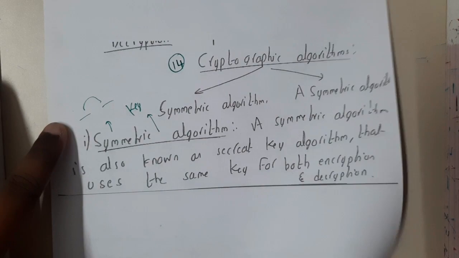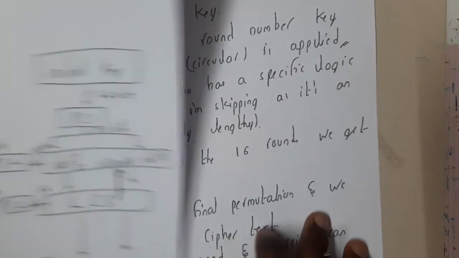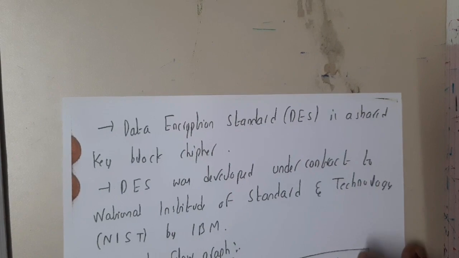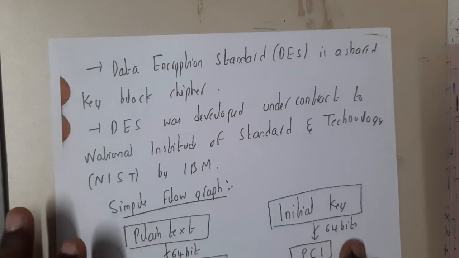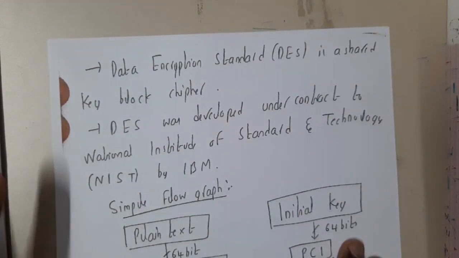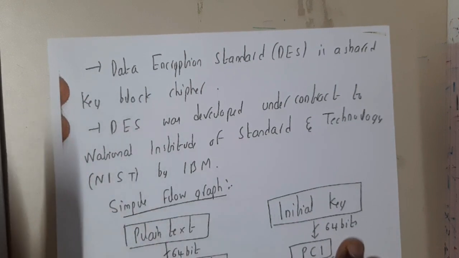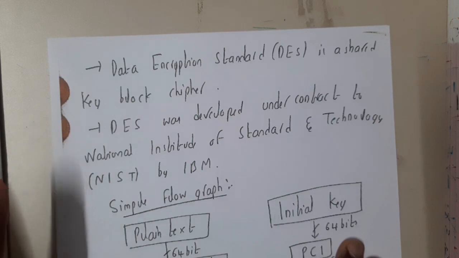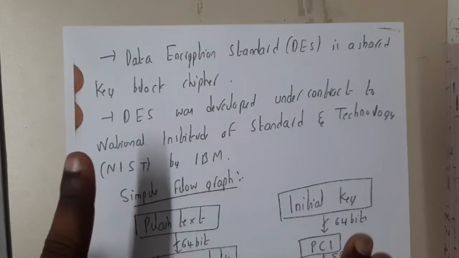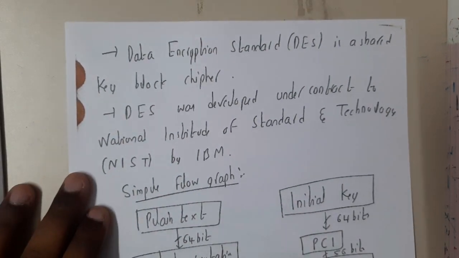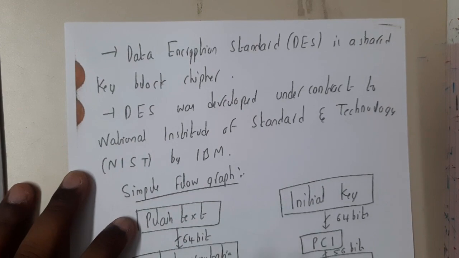So let us go through one popular algorithm in this lecture, guys. That is nothing but DES, the Data Encryption Standard. There are multiple algorithms, but rarely will we get a question directly from algorithms. If you understand the diagram or the flow of the execution, you can just write the answer. There is nothing to remember in this. That is the reason I'm saying please go through these videos just once. You can remember all the concepts, that much easy these are. Just understand the flow. If you get the idea of how it is working, it's done. It will be more than enough for you.